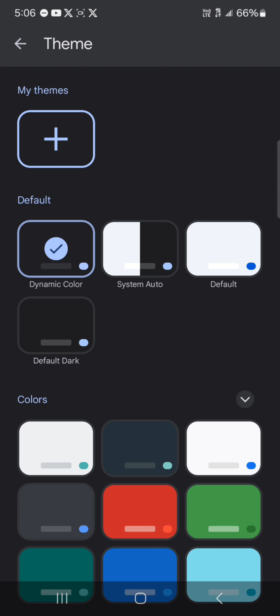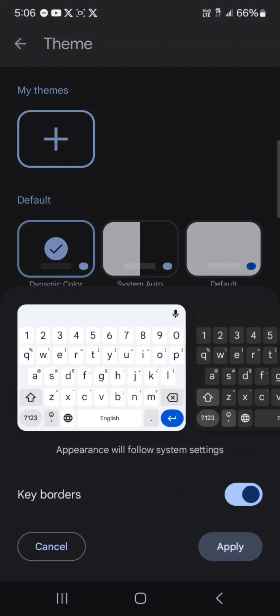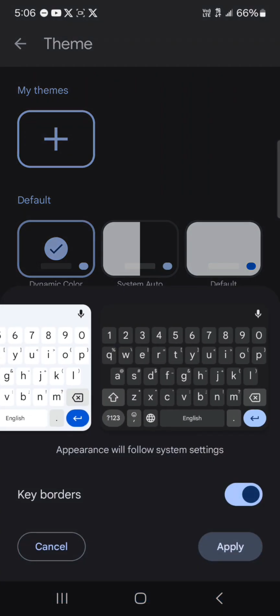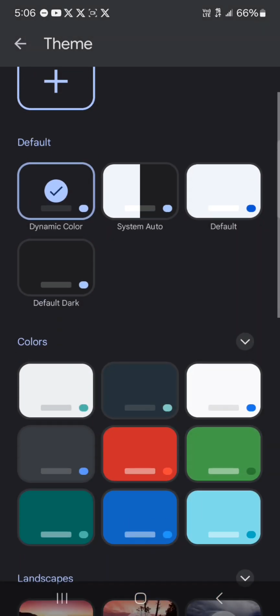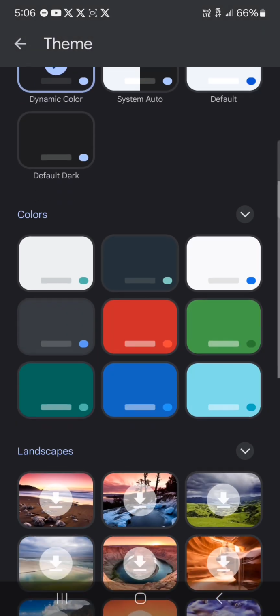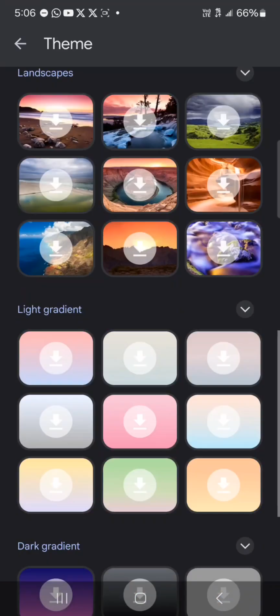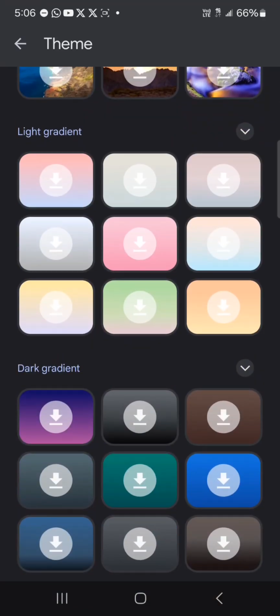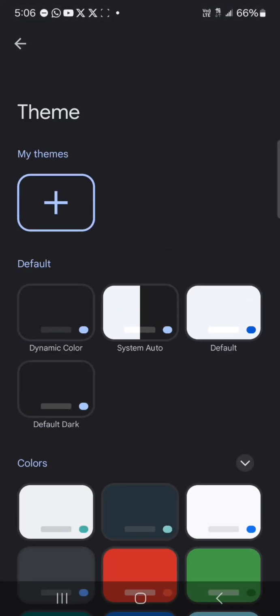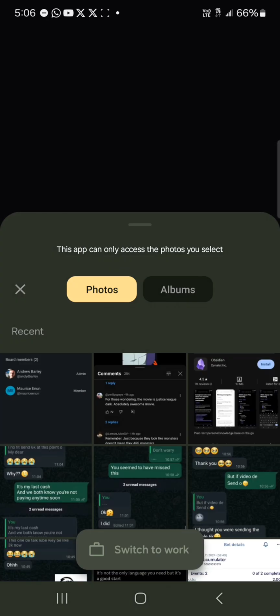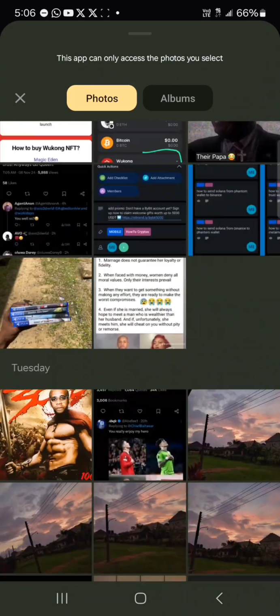Now, if you were to head back to themes, with themes, you could easily use one of the set themes between light mode and dark mode. You could apply this. You could also use a default white mode theme. You could go through the colors, landscapes, gradients. The gradients are pretty cool. We could have one of these enabled, and you've applied that. Now, my favorite is when you have the My Theme option. So if you click on My Theme and simply select the theme you'd like to use,